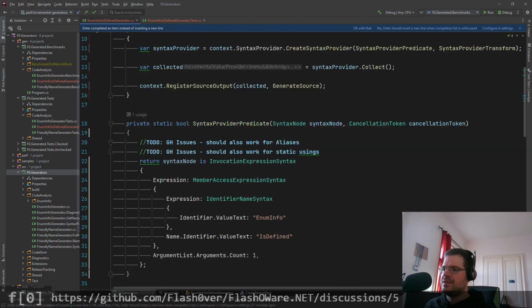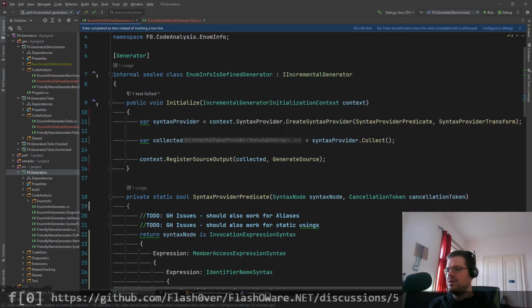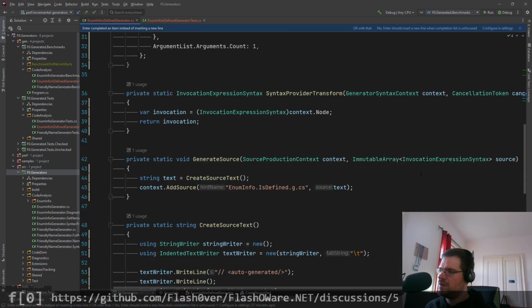Okay, how do we do that? We have available now the invocation expressions. From these, we need to extract semantic information in order to get the type information. So this is an array. Actually, we can